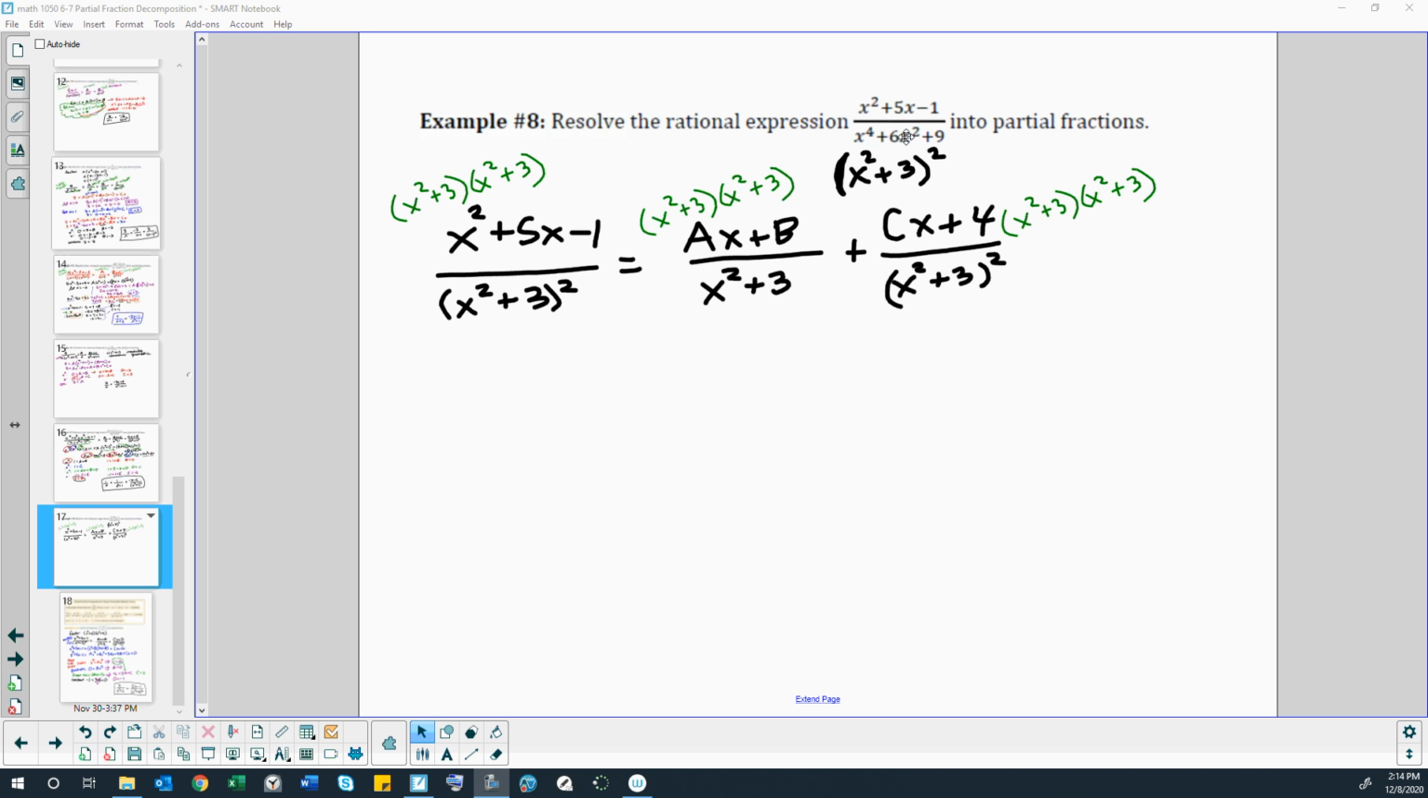X squared times x squared is x to the 4th. 3 squared is 9. 3x squared plus 3x squared is our 6x squared in the middle. If that makes sense. Okay, so then our least common denominator is this x squared plus 3 times x squared plus 3. We have our quadratic with a linear in the top, and then our quadratic squared with another linear